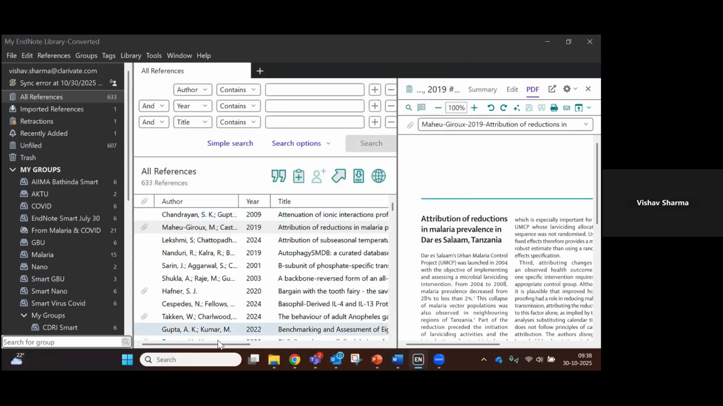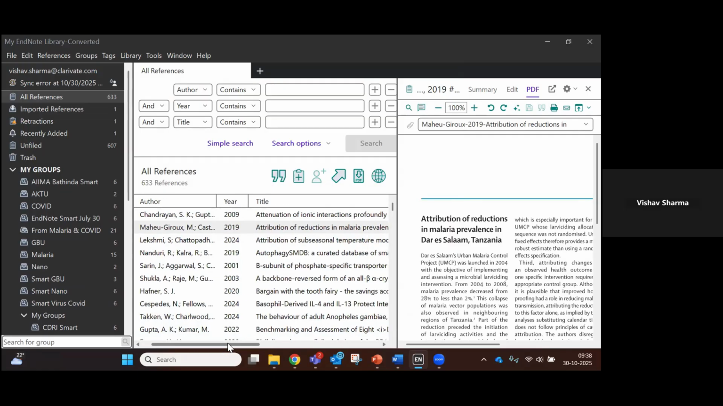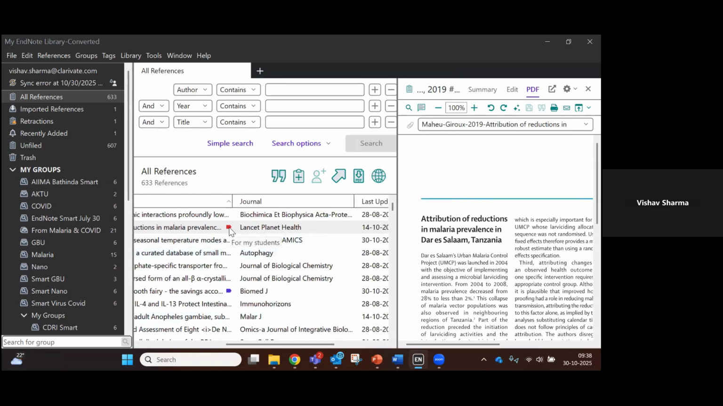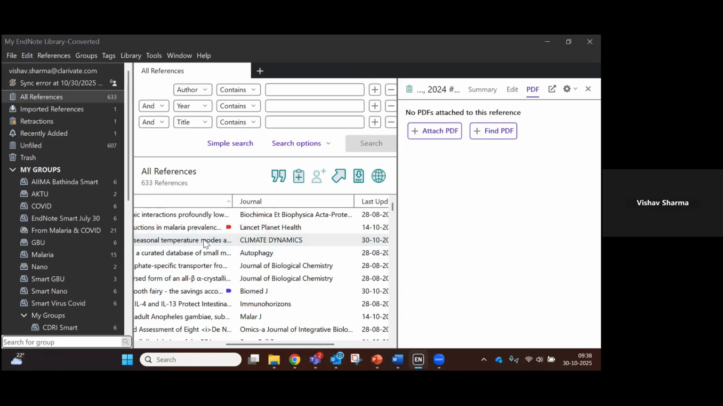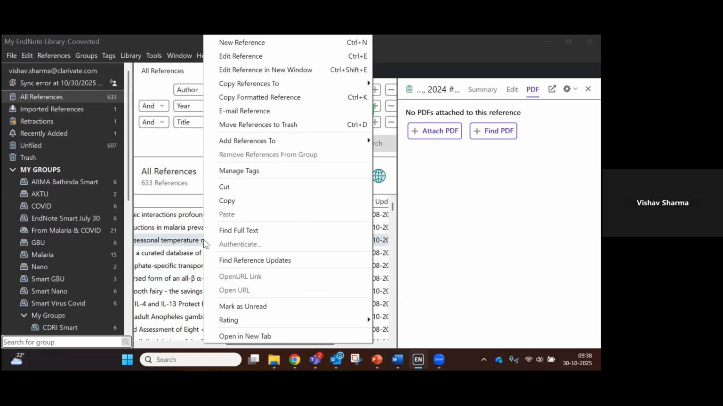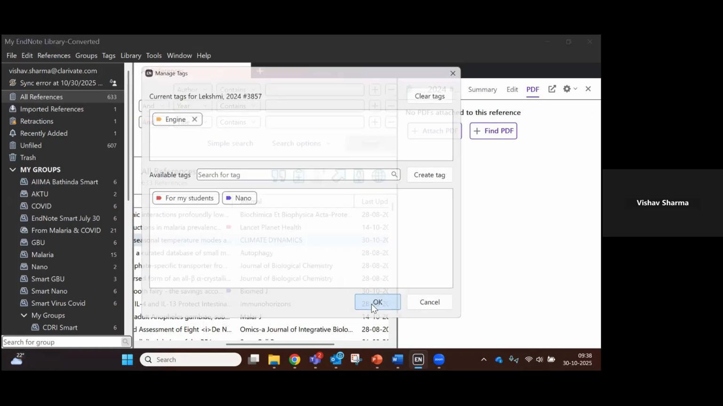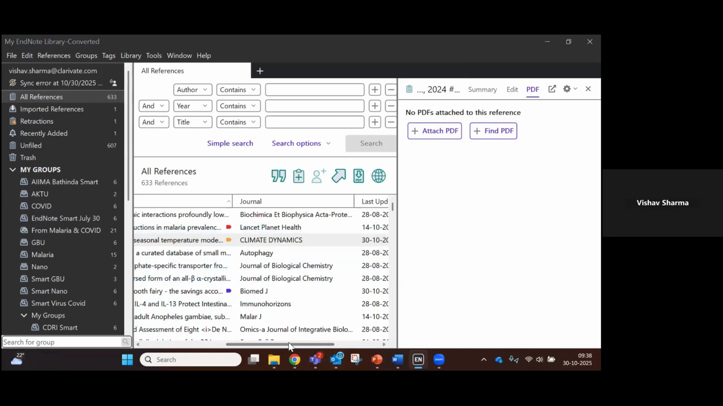So now, if I open up my EndNote account, let's say 1 month later, without even having to read the paper, the moment I look at my tags, I understand that, okay, this is for my student and this one is on nano, right? So you can give it various tags. For example, if this third paper is on, let's say, engines, I can give it a tag on engine like this. See? So without having to